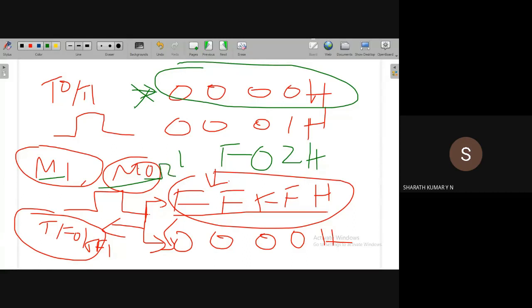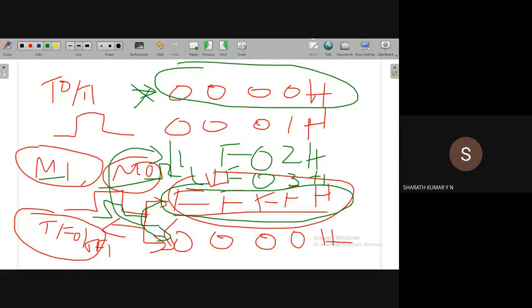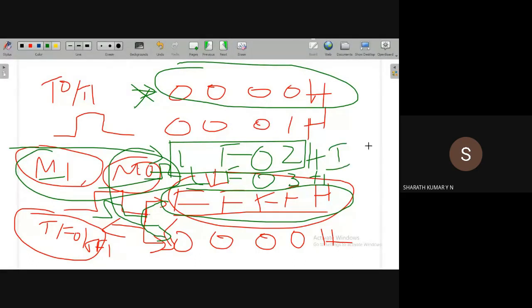On the application of the next clock pulse, the count increases to 1F03H. This continues till it reaches the final count of FFFFH. On the application of the next clock pulse, the timer or counter resets to 0000. It will never go back to 1F02H. In case of mode 1 and mode 0 operation, the initial value we can start with is any value, but when it reaches the final count, on the application of the next clock pulse, it will go back to 0. It will start from 0 only.